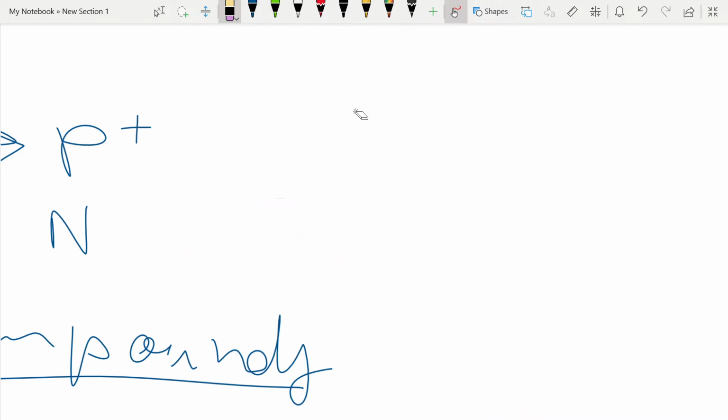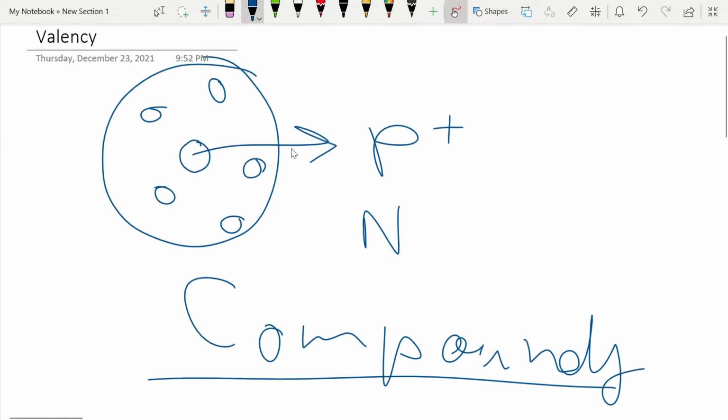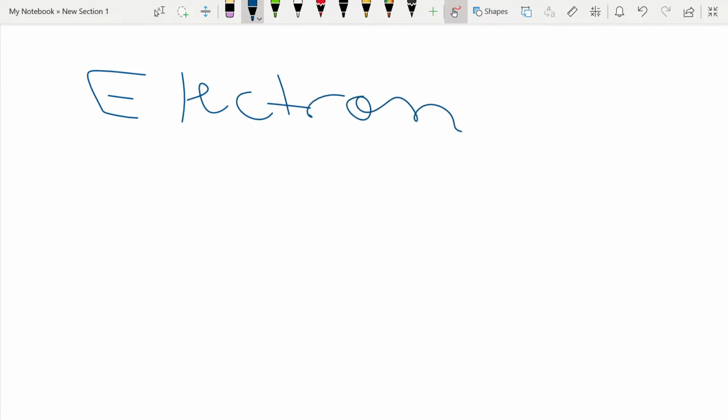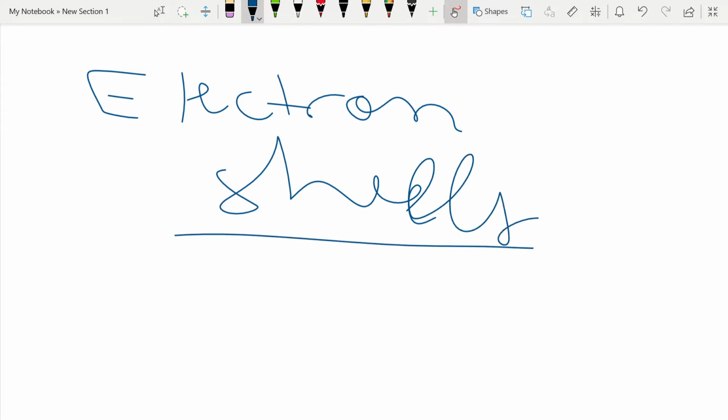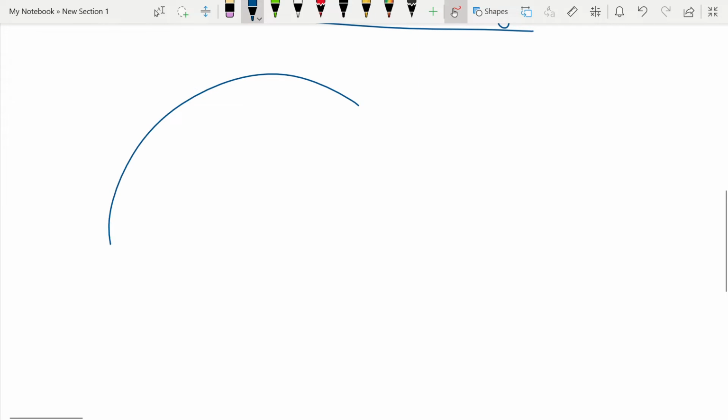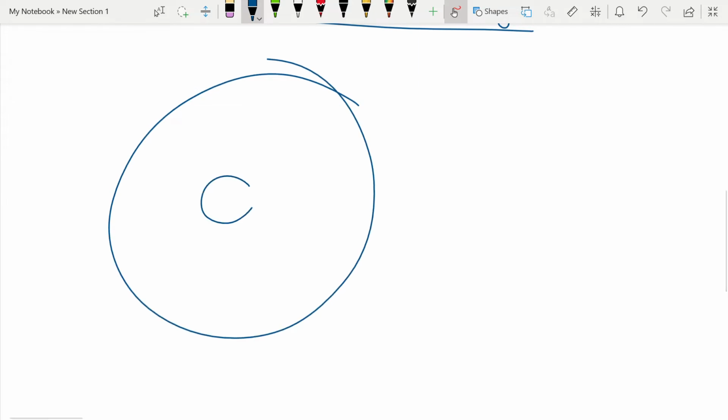Okay? To understand that, let's look at another very important thing, which is electron shells. Right? So what are electron shells? If you have this nucleus and if you have these orbitals,